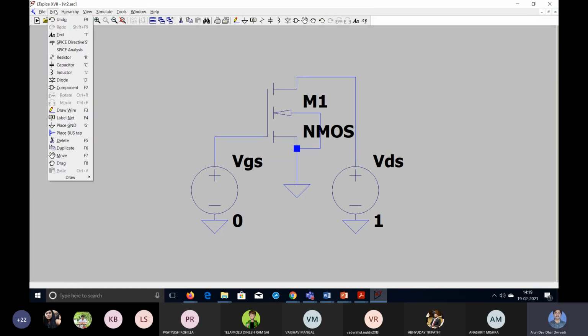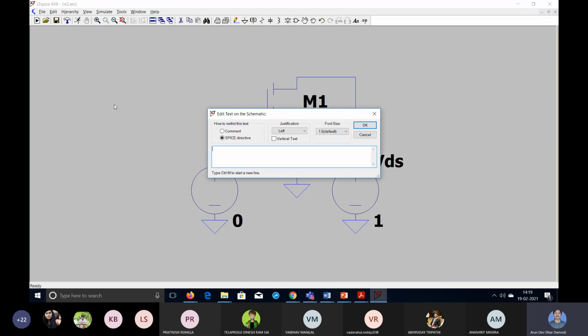Next you have to add SPICE directives. So Edit, then SPICE directive. Click here. Now we want to use 50 nanometer technology for the MOSFET. So we want to use the 50 nanometer MOSFET model, so .include